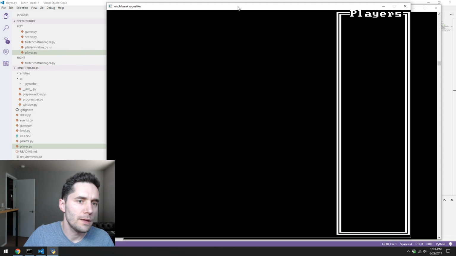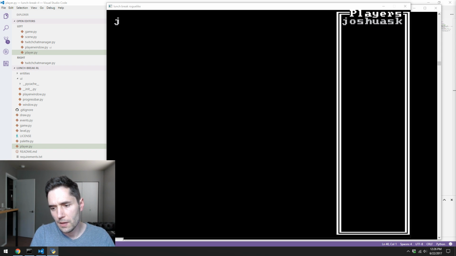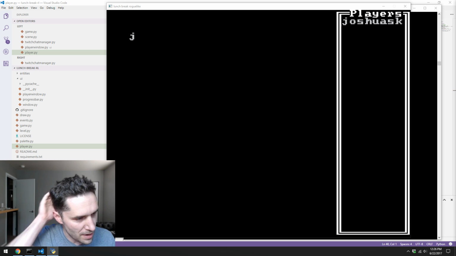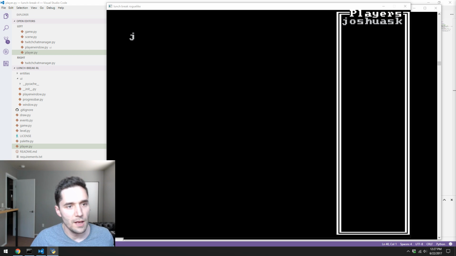So I can join in, and I can type in like down, down, right. The thing is, it executes so fast that it looks like my player teleports, when in fact they are moving discretely. It just happens really darn quick. So it would be nice to have some sort of time step, or some sort of limiting thing. And actually, it might be okay to have that based around the Twitch message limit, anyways,